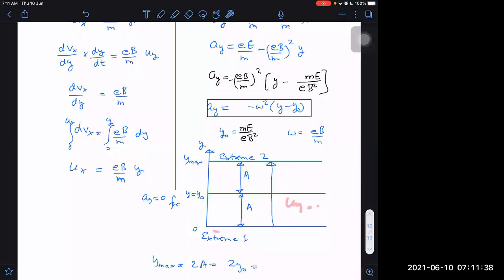And when does y gain again 0 velocity? If it is a cycloidal path, it will have 0 velocity here also, at this point. At this point also it has zero velocity, right or not? Along y-axis I'm saying, along x it has velocity, but along y it has zero velocity here. Okay?